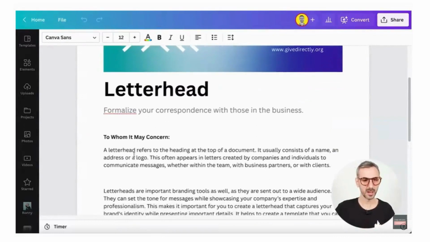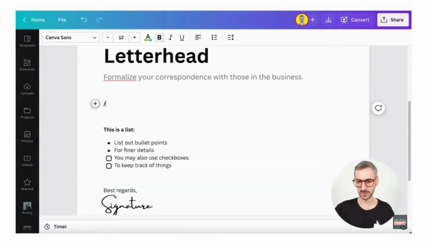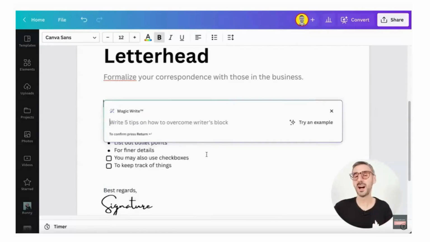Doesn't really matter. What I want to do is to change this text right here, all of that, and I want to replace this with /magic, okay, /magic writes. And this time I have another prompt, like a more romantic prompt. Let's see. Write a love letter to my wife, Diana, mentioning how we met in Peru. Diana and I met in Peru about 8 years ago, and I want to see if Canva understands that detail in my prompt and includes that in the love letter I would like it to write to Diana.